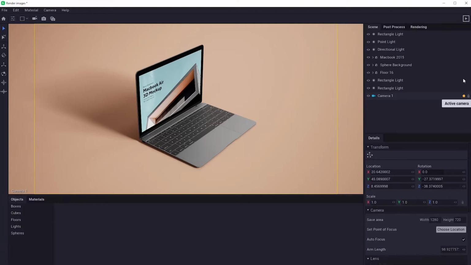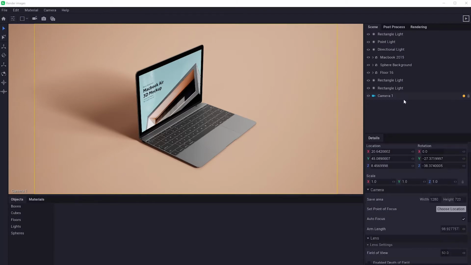In the Scene tab, there will be a camera row with a round yellow icon to represent the active camera. You can lock the camera by clicking here, and your camera won't move. This yellow rectangle represents the area that is going to be rendered. You can change the size by selecting your camera,